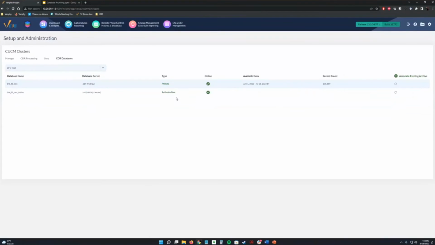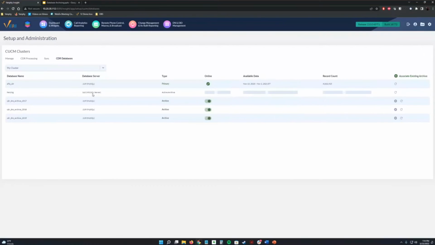So if we did that month to month, we would have 12 different databases in here. And if I show you this one, this is going to make a little more sense now that you can see these archives that are in there. And each one is going to show you your available date range and your record count as well. So setting up the auto archiving is pretty easy. Turn it on, set the schedule you want, and you're good to go.